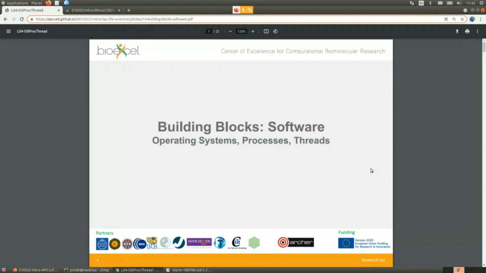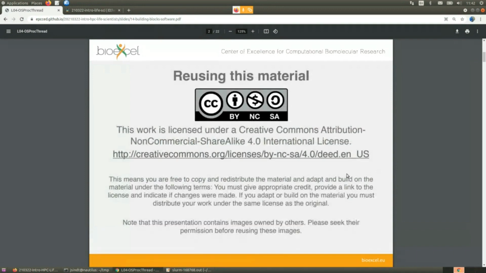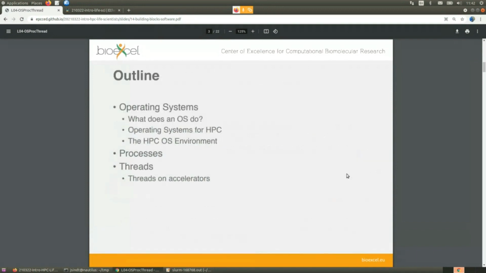Right, so here we go. In this lecture, I will be talking about operating systems, defining what an OS does, what is meant by an operating system, what operating systems are used on high-performance computers. I'll also be talking about processes, how they're managed, what they are, and threads, and how they work on accelerators. So starting with